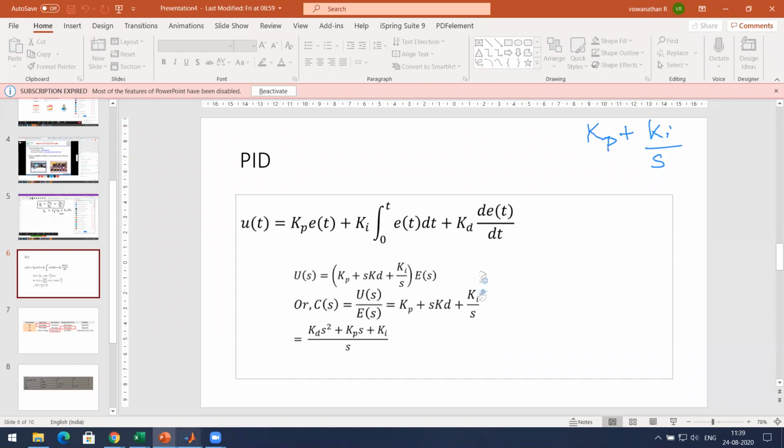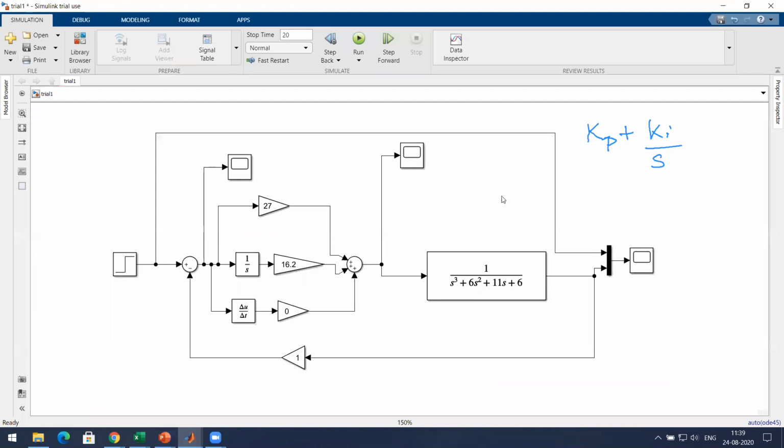Any doubts in this? No, sir. So this can be written as (Kp S plus Ki) by S. What is this (Kp S plus Ki) by S?